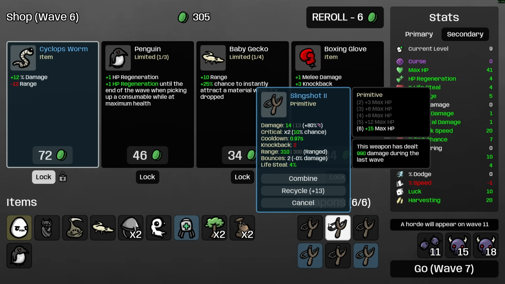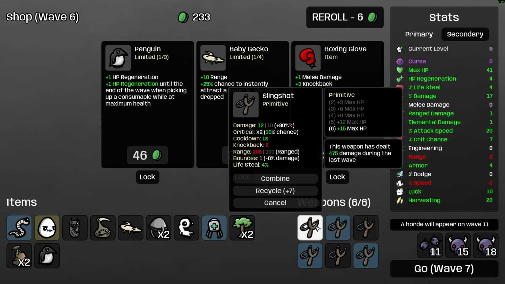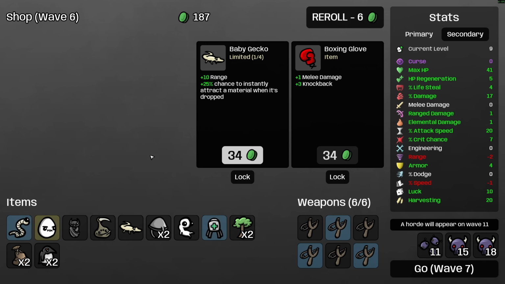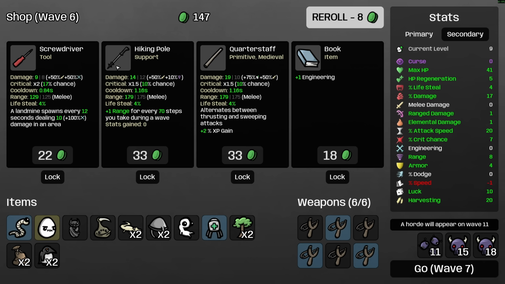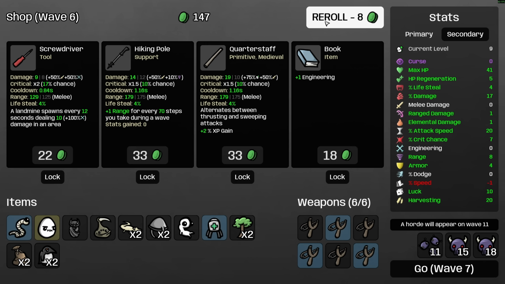So, if we go for bonus 12% damage, this should give us 1 bonus damage. Nice, you know, you build it up in small steps. The penguin, I could take this out now, and I think I will do this for bonus healing. It's not great overall. And we will also buy the baby gecko. Let's roll. You can, by the way, argue that both of these items were kind of useless, but...